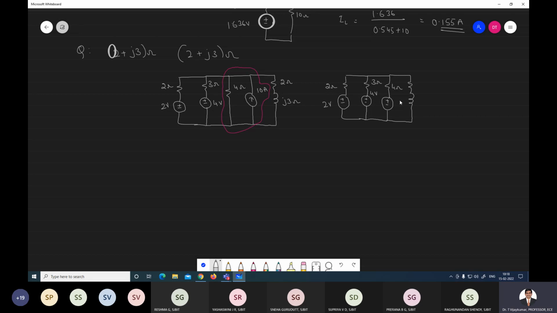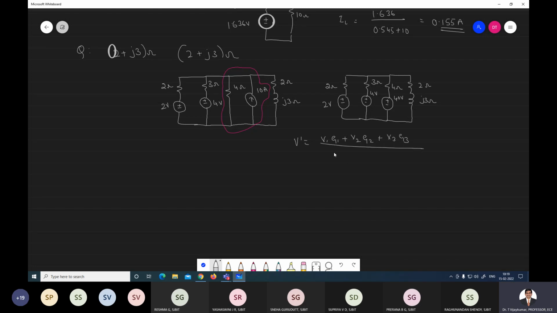V is equal to I into R. I is 10, R is 4, so 40 volt. The remaining resistance and inductance you write as it is. Now we can convert easily. Now here we can find V dash. V dash is, according to the theorem, V1 G1 plus V2 G2 plus V3 G3,